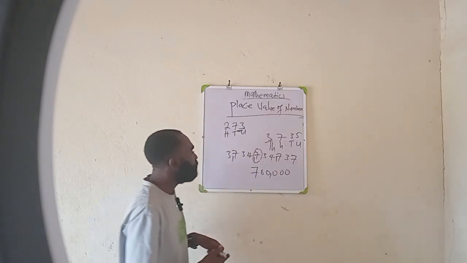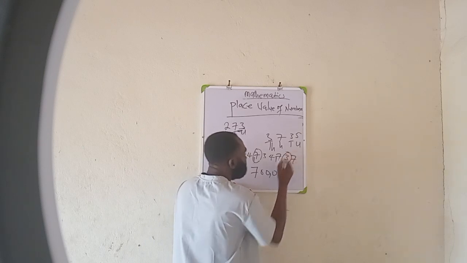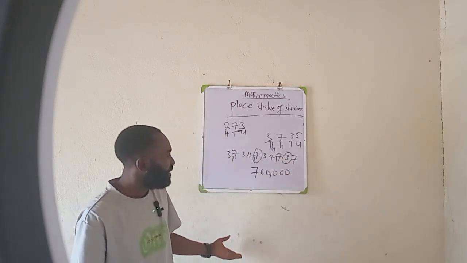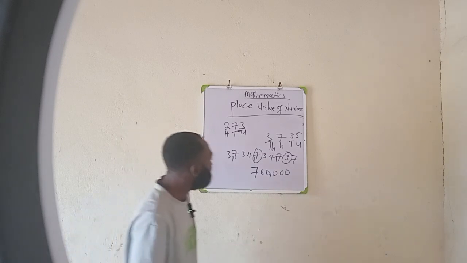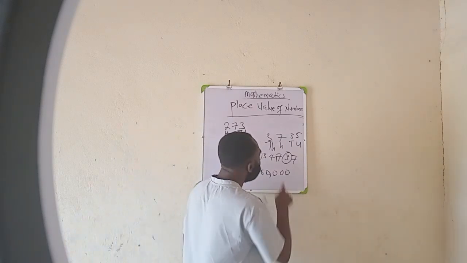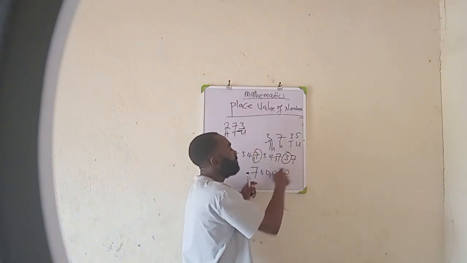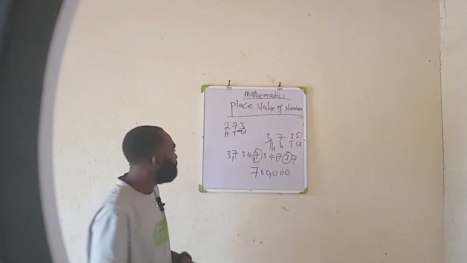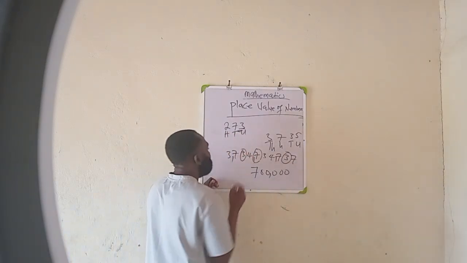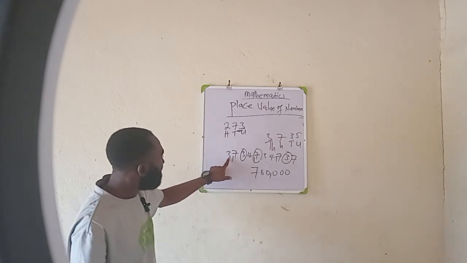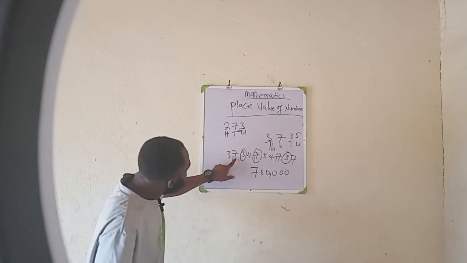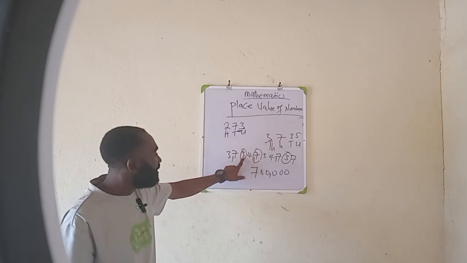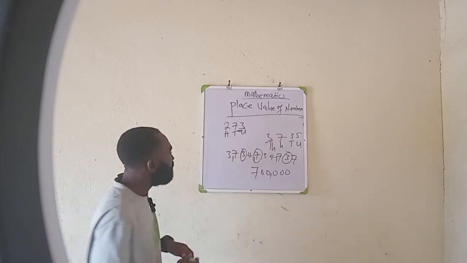Okay, now if I ask to find the position of 3, it's very simple. It's not hard, because since we know that from here is 100, this one takes the position of 10. And if you're asked to find the position of this one here, since here is billion, this is 734. This one too is million, is still in millions. So this will now take